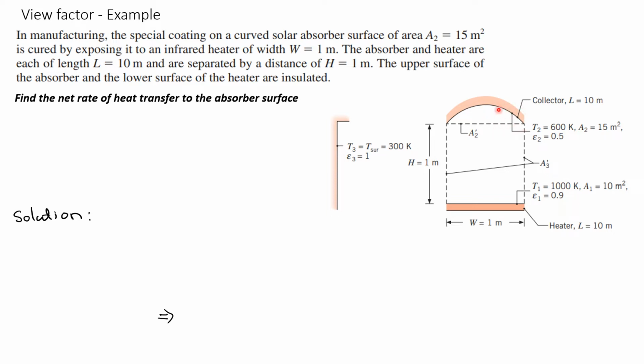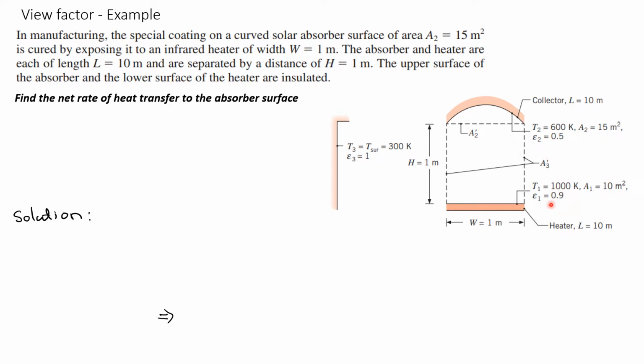Now we know that this particular setting is placed in a room. That's why it's given that the room is at a temperature of 300 Kelvin, and its emissivity is given as 0, and we'll see why that is. And we know the surface temperature of surface T2. We know the surface temperature of the heater surface T1 is 1000 Kelvin,